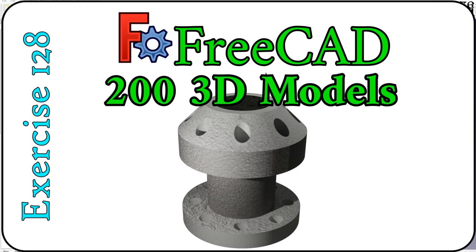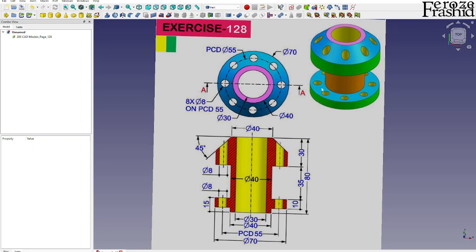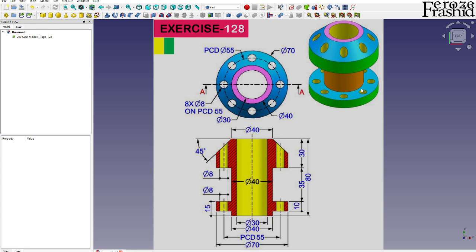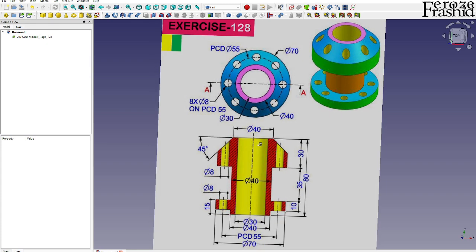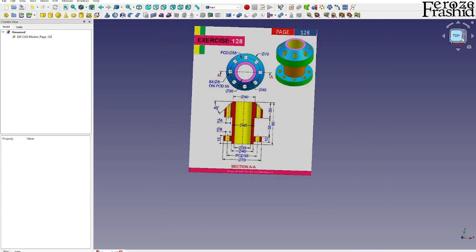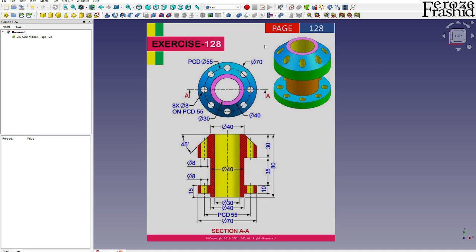My friends, welcome to exercise 128 in my 200 3D CAD models in FreeCAD series. Exercise 128 is a familiar object, so it will be a revolve, and I am thinking I must have done something similar in the recent past. So I looked back and found out exercise